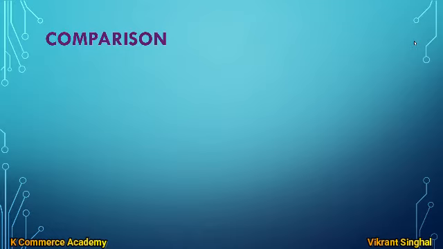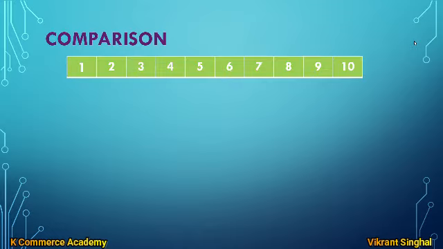Now without drawing the objects, can we compare the numbers? Yes, we can use a number strip. Like you can see, a number strip of numbers 1 to 10 has been shown on the screen. We can use it for comparison of numbers. Let us take an example.